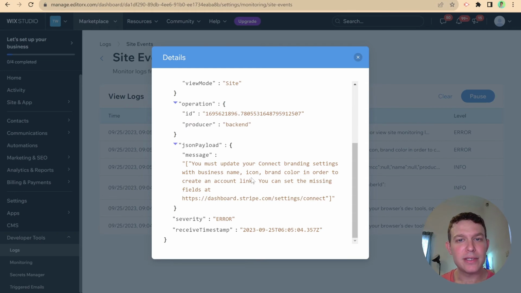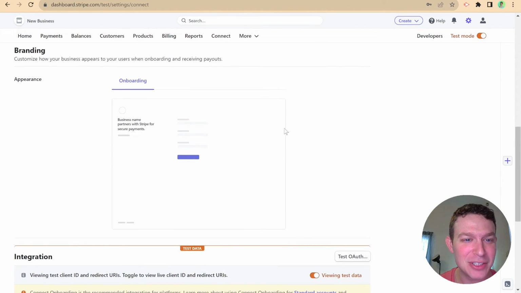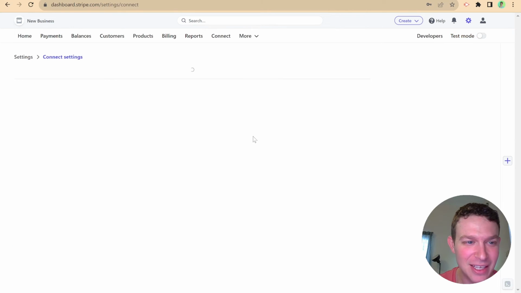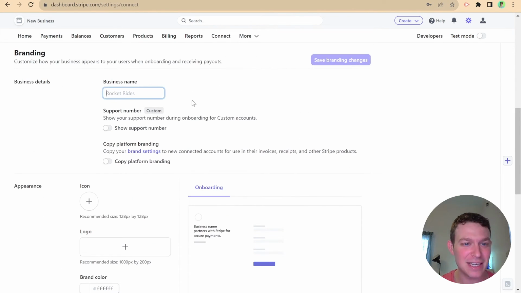So that's what I didn't see the ability to do when I was using the test account. So let's go back just to those settings. I'm not going crazy, right? There's nothing to do here. So let me try turning off the test mode. And let me try setting that up. So let's see, business details. Let's call it WixWiz,